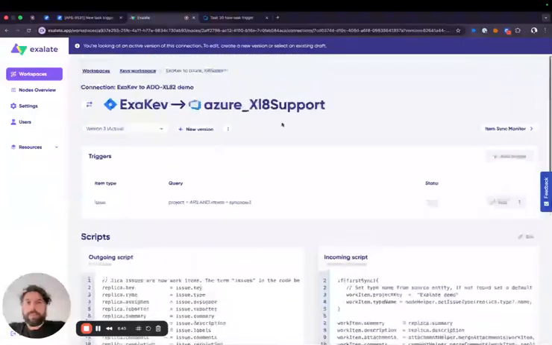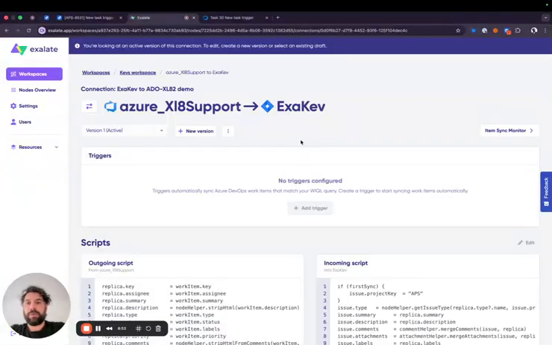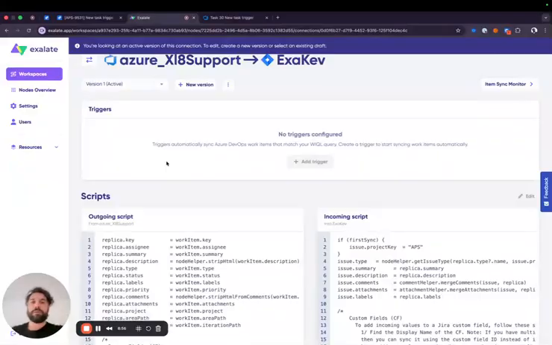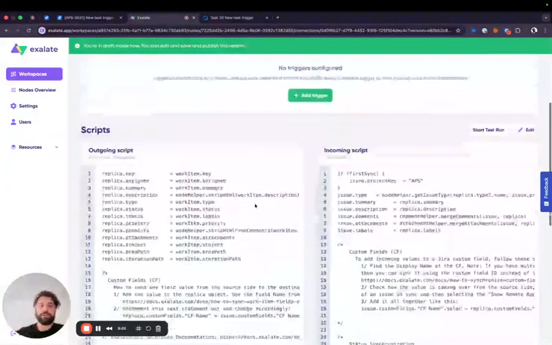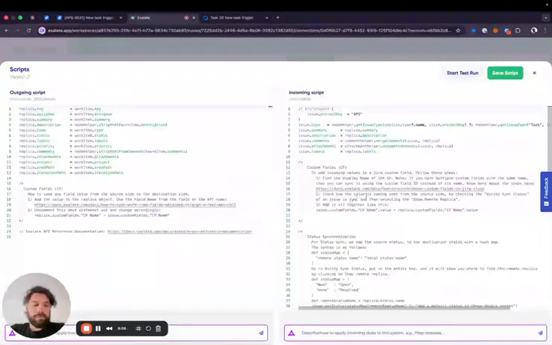Great, let's see a little bit more about the scripting part. So for example, let's say that I want to show how powerful scripting is with Exalate. So now we're going to make a change on the Jira side. We're going to create a new version. And what we want to do now is, in the replica, in the issue summary, instead of only having the same summary, we also want to add, for example, the remote ticket ID. So let's put it between brackets. So we're going to do this,